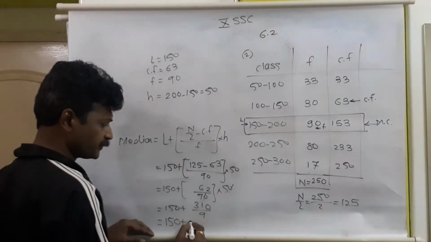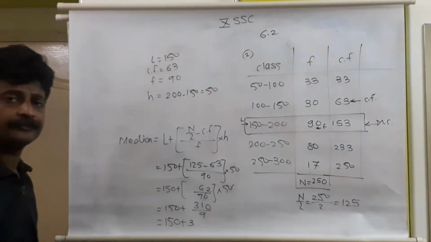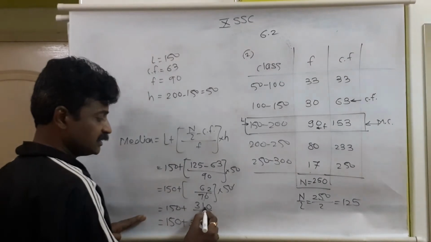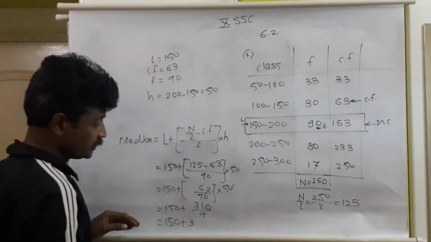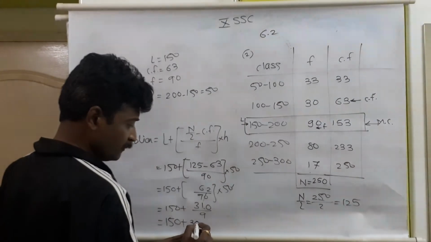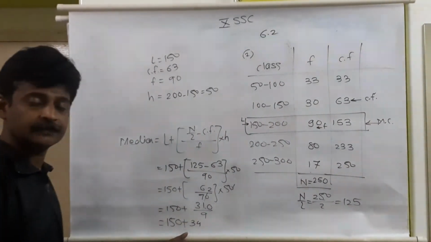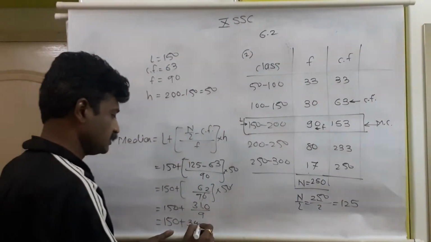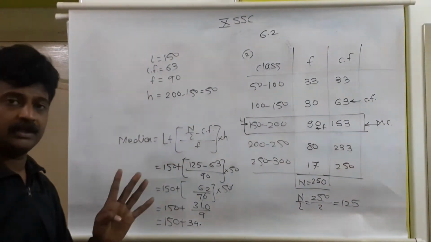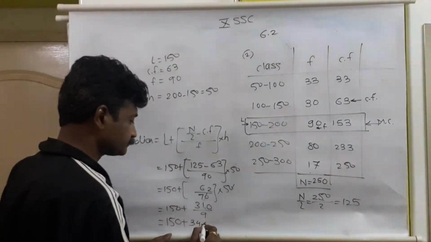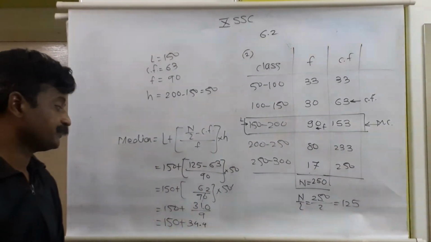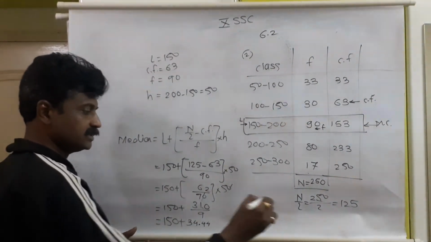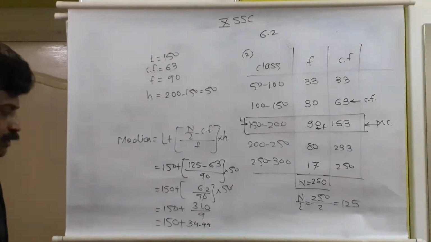So 9 threes are 27. 31 minus 27, remaining is 4. 4 and this additional 0, it will be 40. 9 4s are 36. There we have 40, 40 minus 36, again remainder is 4. So after the decimal point, 4 will convert into 40. Again 9 4s are 36. Again 4 remains, 9 4s are 36. So it is recurring. So till two digits it is okay to write.